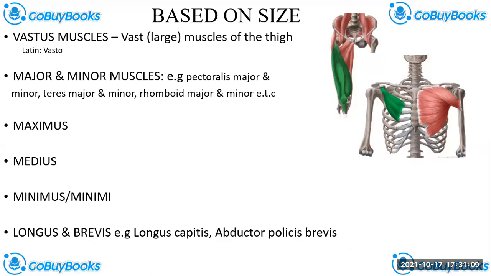Since it's 3 muscles that make up the vastus muscles, each of them has its own name. The one that is in the middle here is called vastus intermedius because it's in the middle, intermediary. The one that is close to the midline, if you attended Gloria's session on basic knowledge in anatomy, you would be able to appreciate, especially if you've not studied anatomy at all, when we say medial, it means close to the midline.